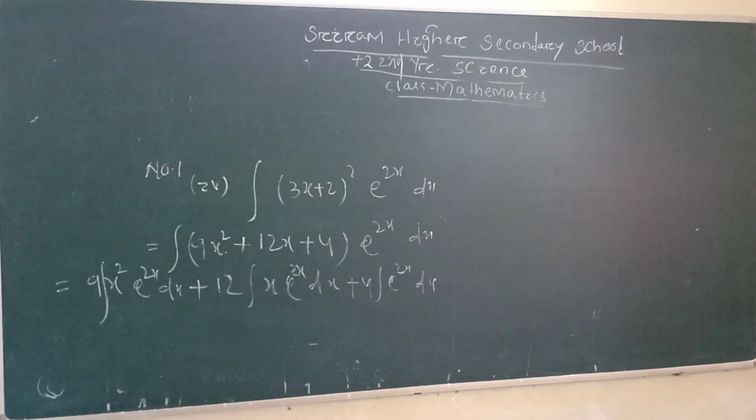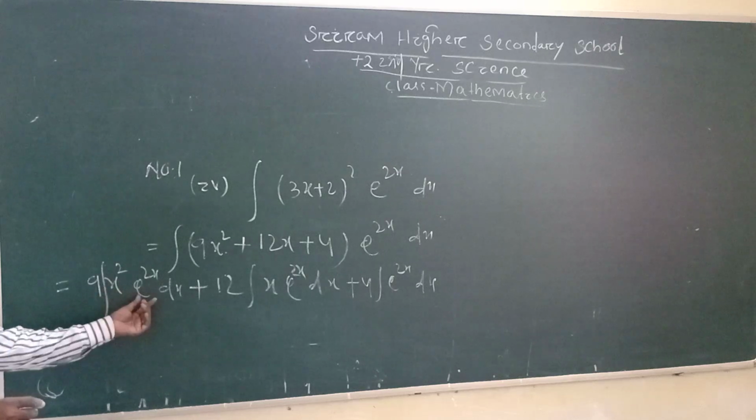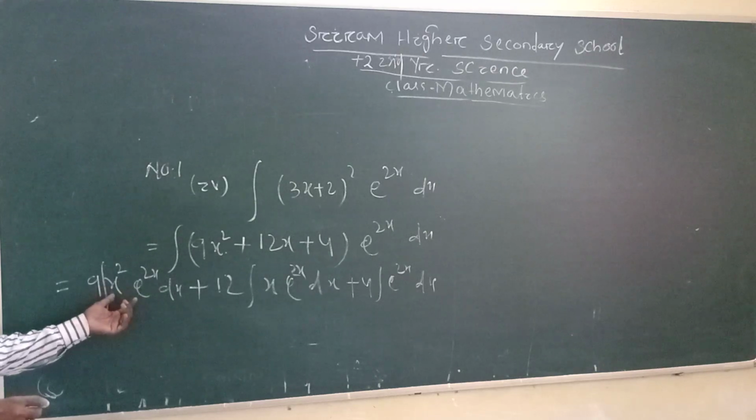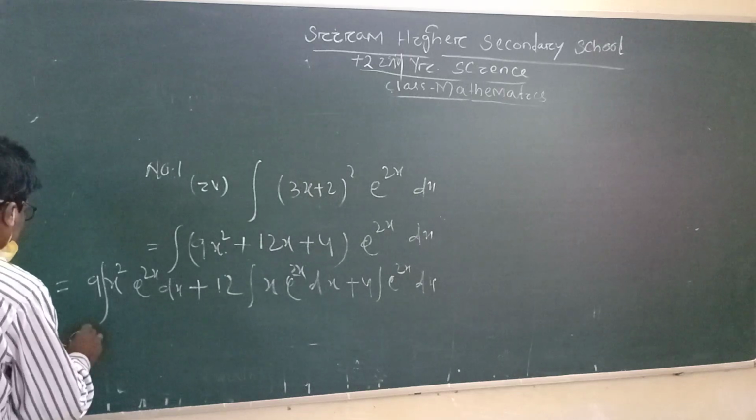You look seriously. That is two functions, x square is algebraic function, e to 2x is exponential, no doubt e to the 2x is exponential. So algebraic in number 3 and e to 2x in number 5. So taking x square as the first function. So 9 is a constant,